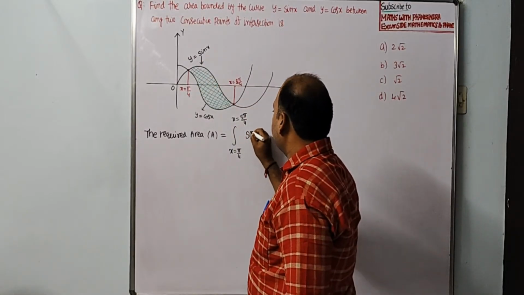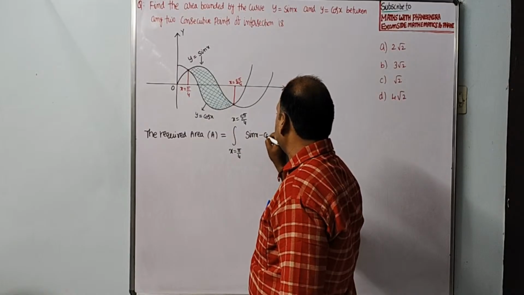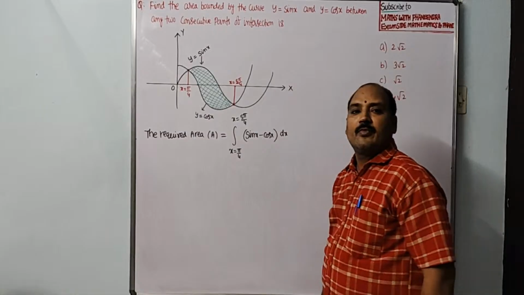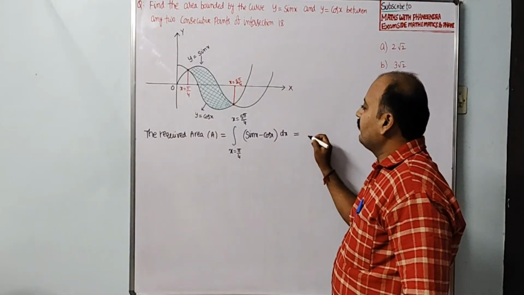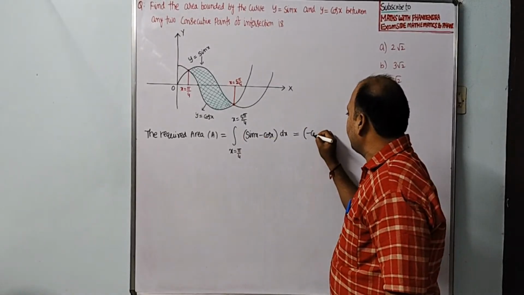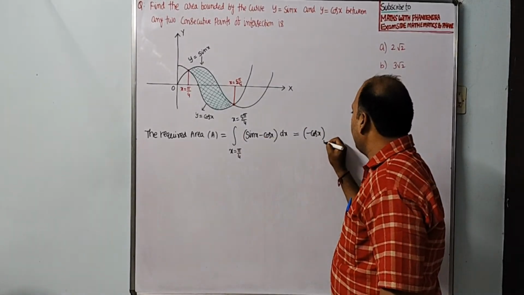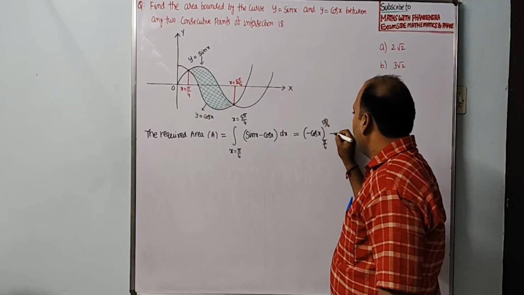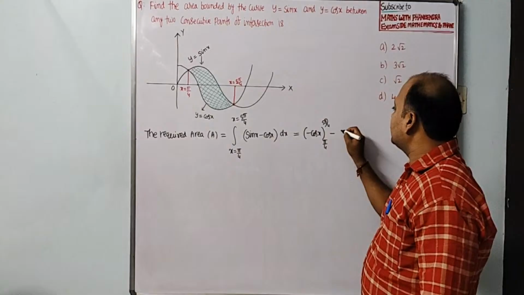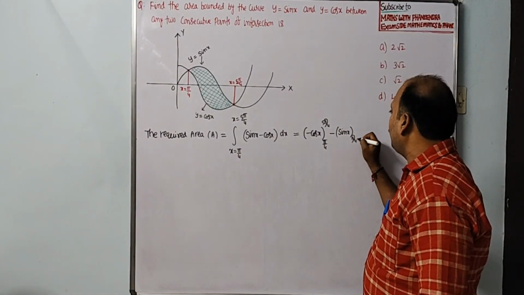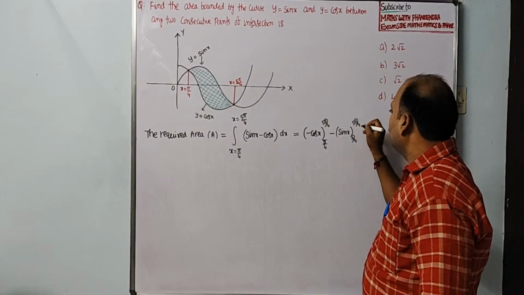So sin x minus cos x into dx, which is equal to integral sin x minus cos x, applying the limits pi by 4 to 5 pi by 4, minus integral cos x is sin x, applying the limits pi by 4 to 5 pi by 4, which is